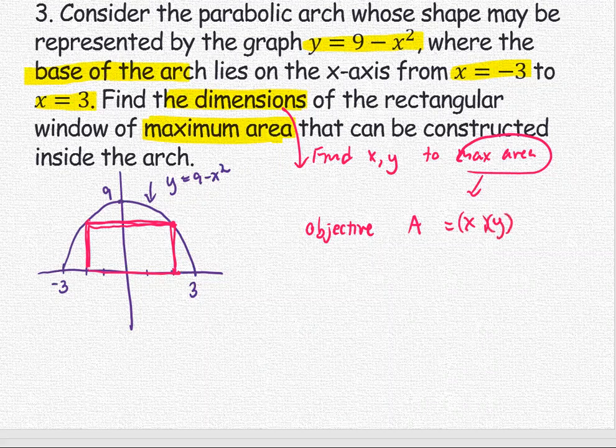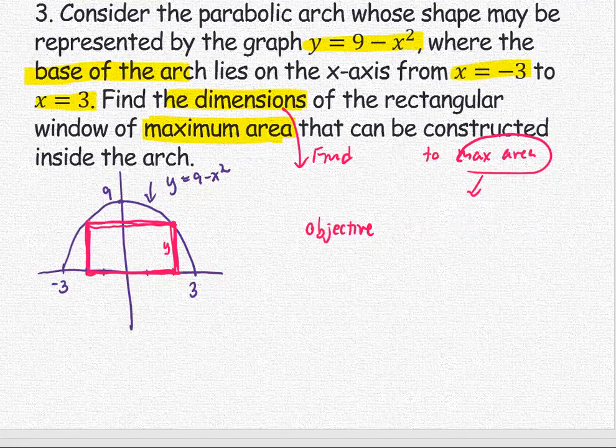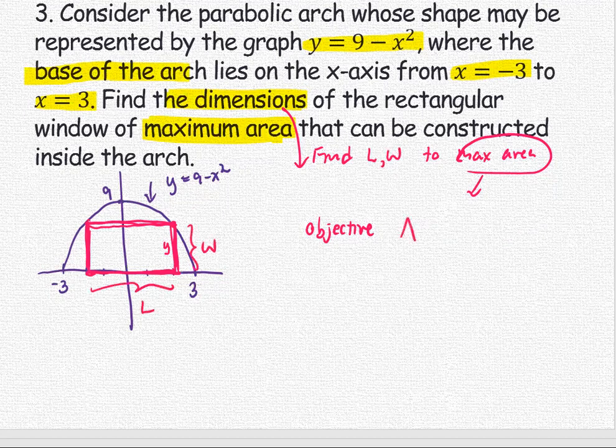For x multiplied by y, let's locate it on the picture real quick. The y is straightforward, so y is the vertical measurement here, and the x would be the horizontal. Just to make it less complicated, let me use notation of length times width instead of x and y. This is the length, and this is the width. So the area is length multiplied by width. If we use the width as the y variable and the length,